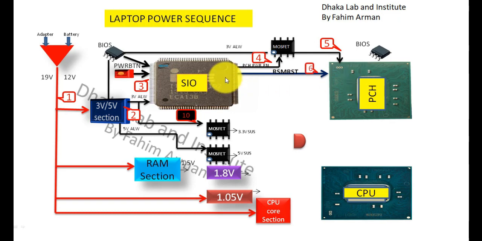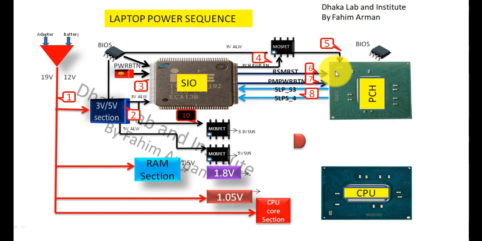and then if everything is okay, SIO will provide the RSM RST signal to PCH, and there will be another signal which will pass from SIO to PCH, that is PM power button. After having two signals, RSM reset and PM power button, PCH will provide two signals to SIO, that is SLPS3 and SLPS4,